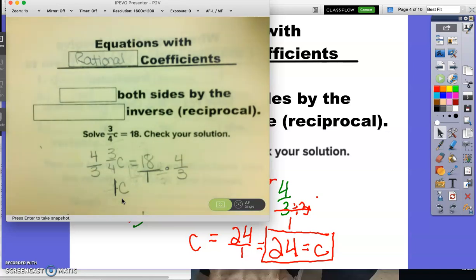Now, you can just multiply across the top, 18 times 4 and 1 times 3. But it might be easier to simplify before you multiply. So I see 18 on top here and 3 on bottom. Those can both be divided by what number? 3. 3 divided by 3 is 1. 18 divided by 3 is 6. These numbers are a little easier to do now. 6 times 4 on top, 1 times 1 on the bottom. 24 over 1 is